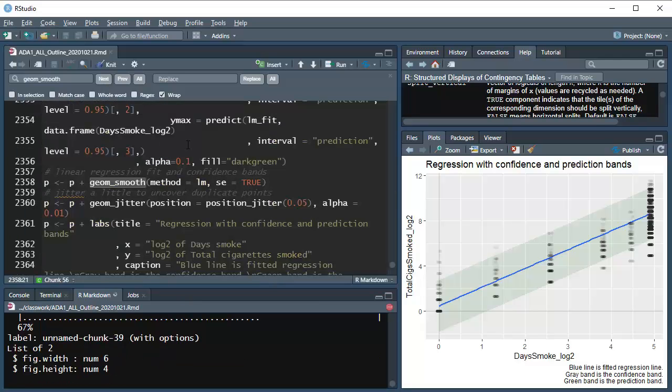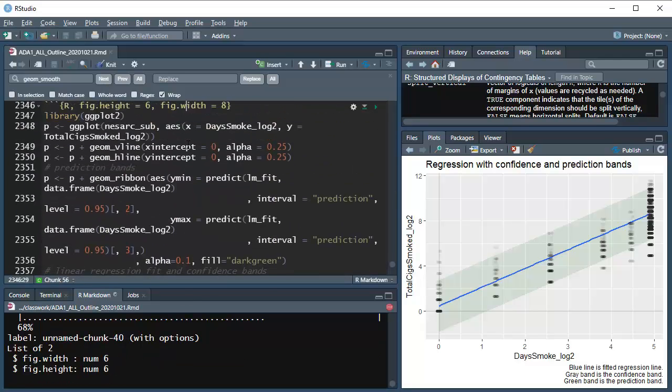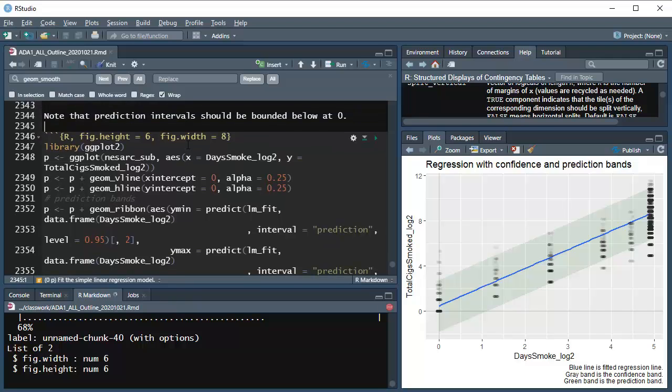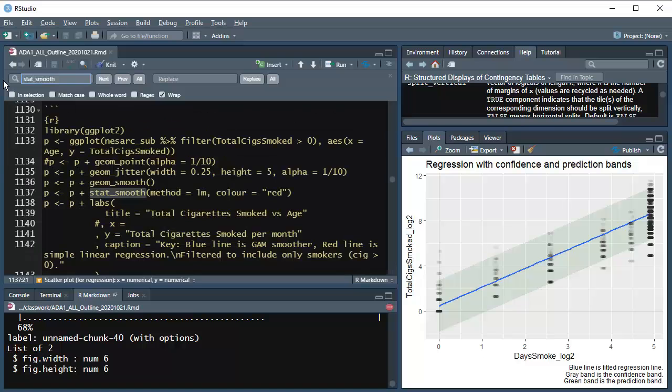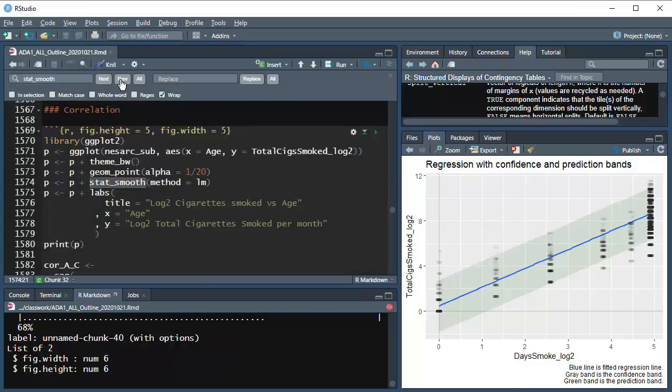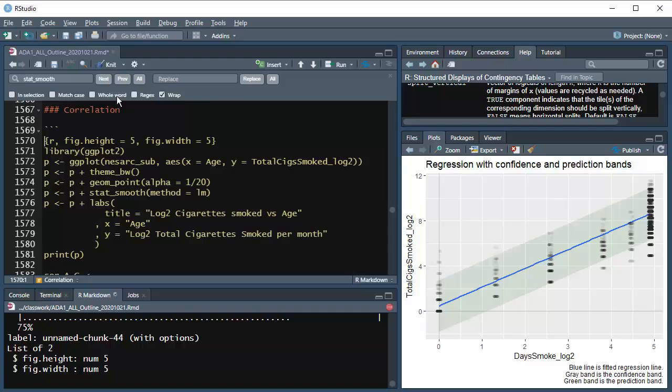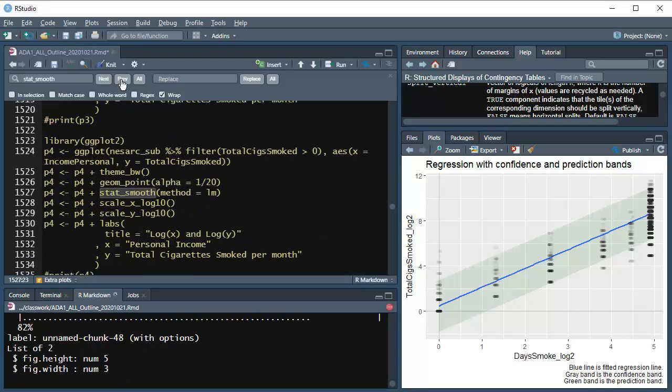Ah, here's one. Oh, that's the current one. Maybe that's a stat smooth. Okay, it's probably this one for the correlation. Yeah, that makes sense. So stat smooth was creating a plot that